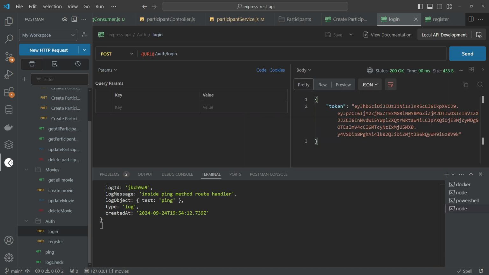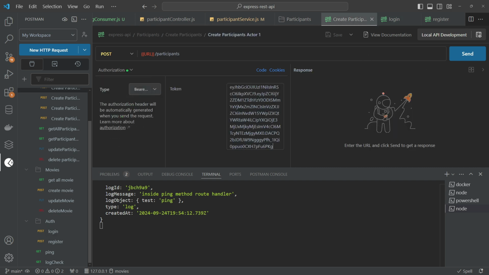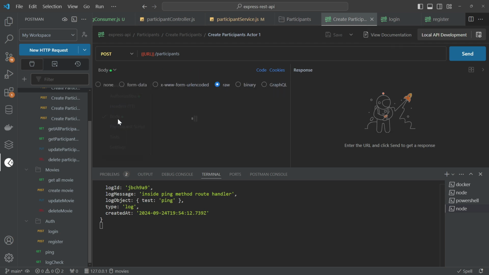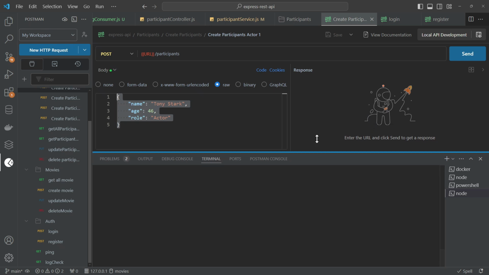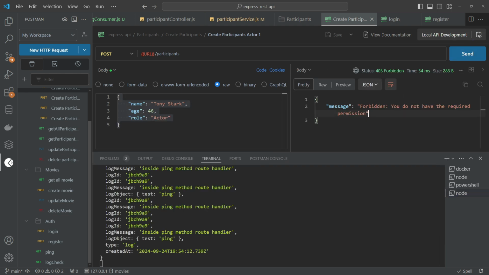Then I'll get the token. I will copy this one, then come to create participants, go to authorization, paste it and save it. Then I'll come to body and I'm sending the information. Then I will take some space in the console and send the request,